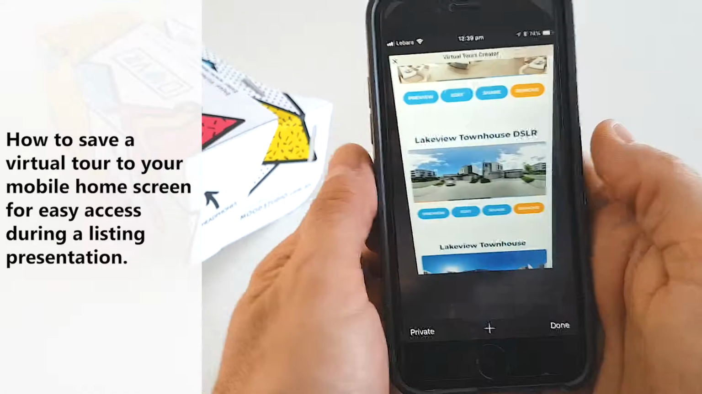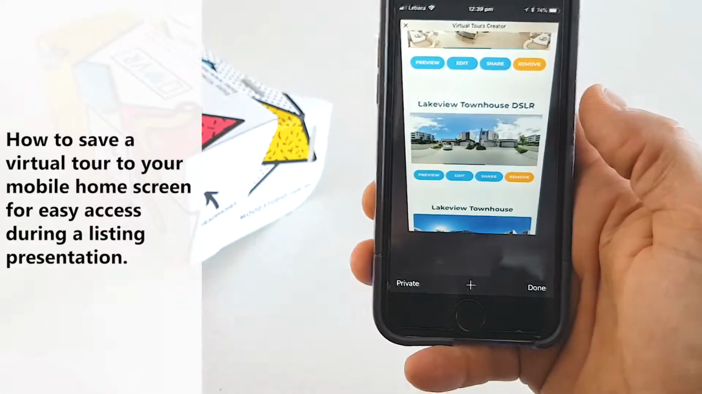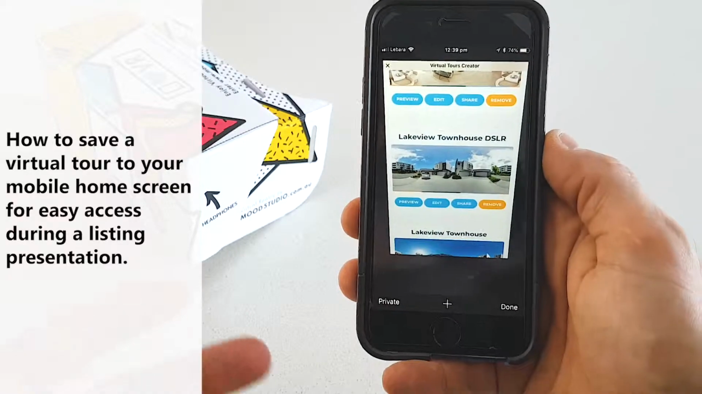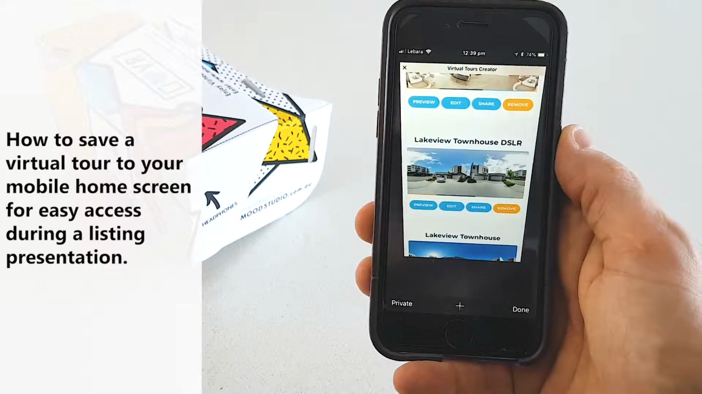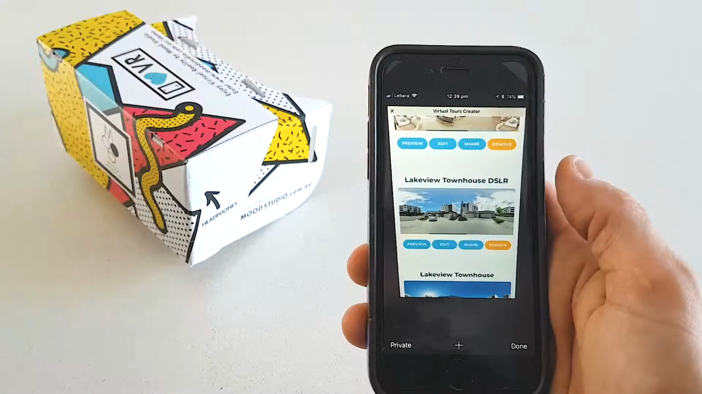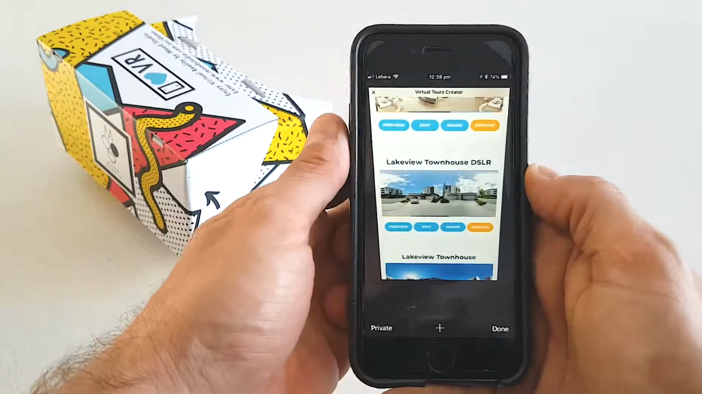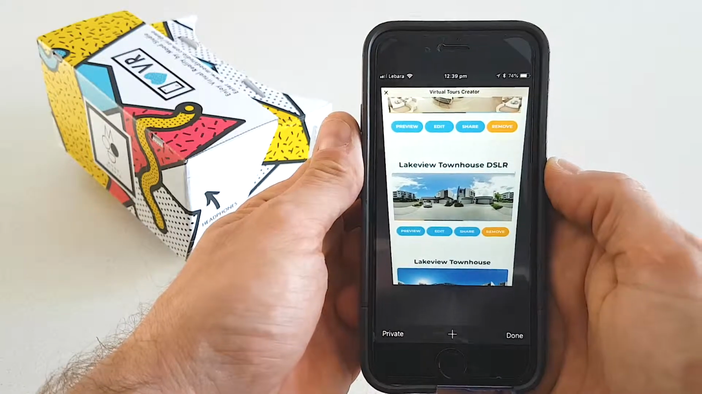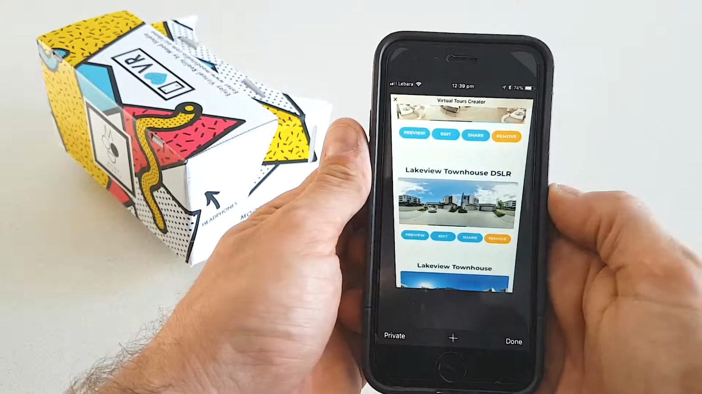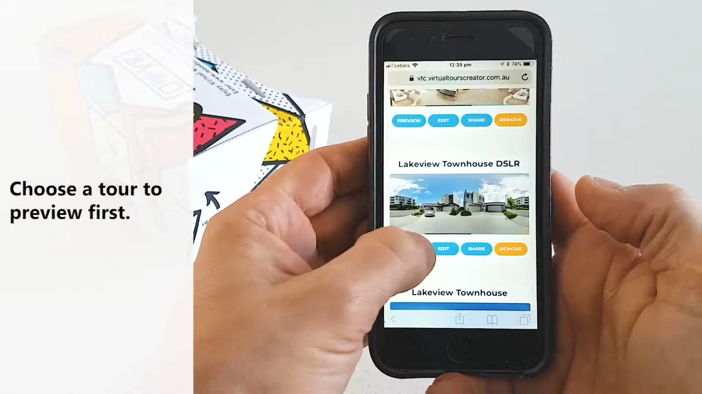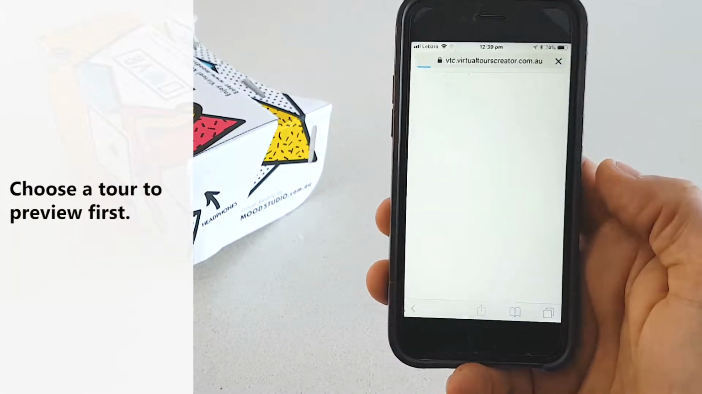In this tutorial, I'm going to show you how to save one of your tours to your mobile screen so you don't have to log in to your portal every time you want to present it to one of your potential customers or vendors. So all you have to do is log into the portal, choose a tour that you want to see, click preview to enter the tour,